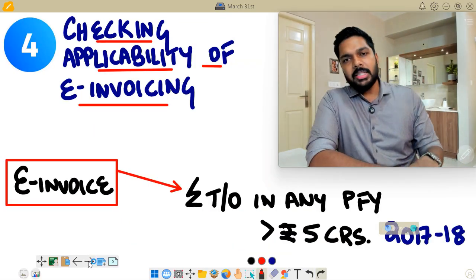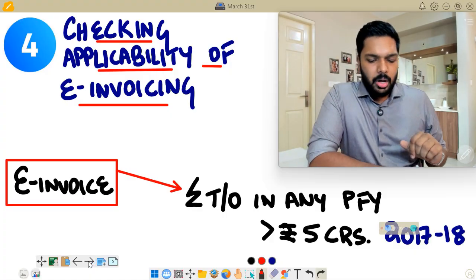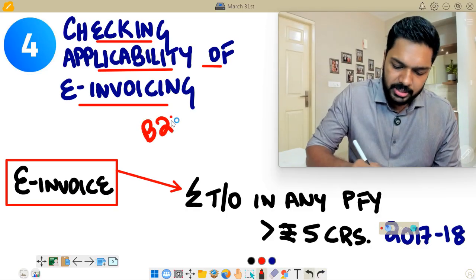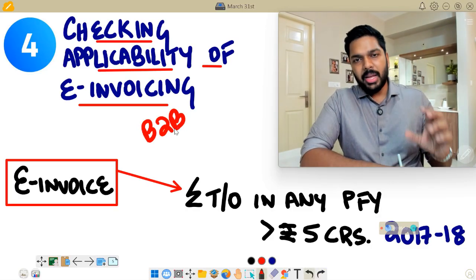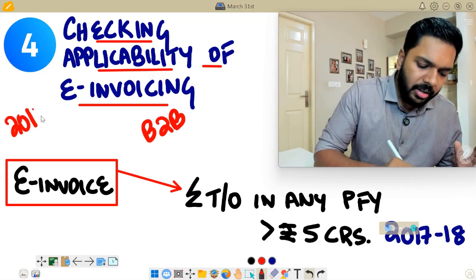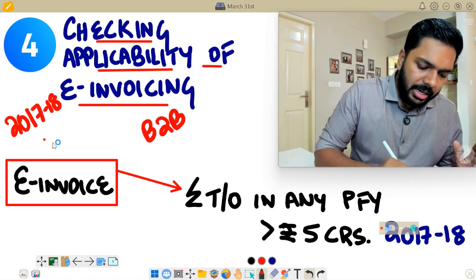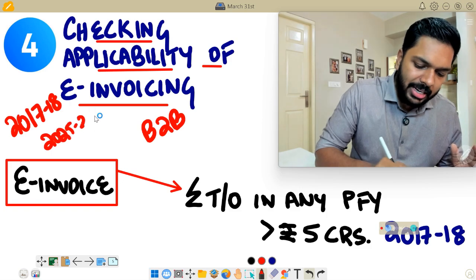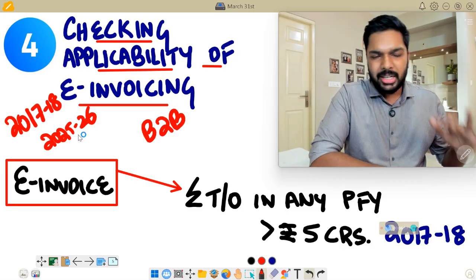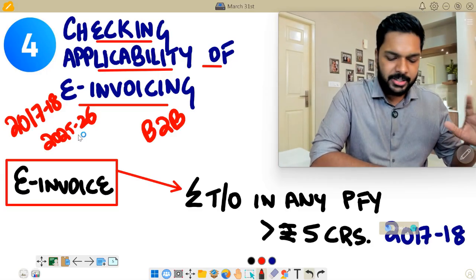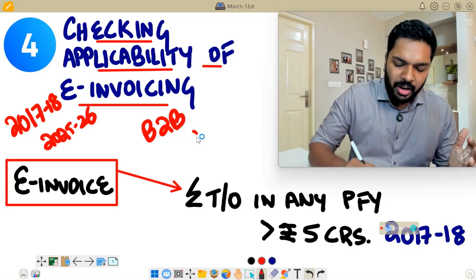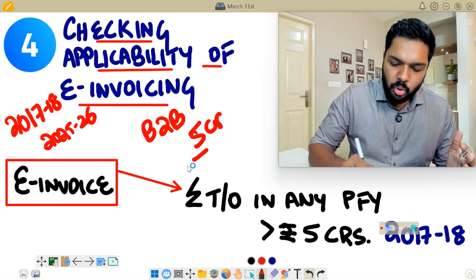The fourth one is about e-invoicing. The provisions of e-invoicing state that for all business to business supplies, if your business has made, in any preceding financial year, right from 2017-18 when GST came into picture, till 2025-26, an aggregate turnover, that is basically taxable, non-taxable, exempt, whatever kinds of GST supplies are included in this definition of aggregate turnover, and if that has crossed the 5 crore limit mark, then you are supposed to